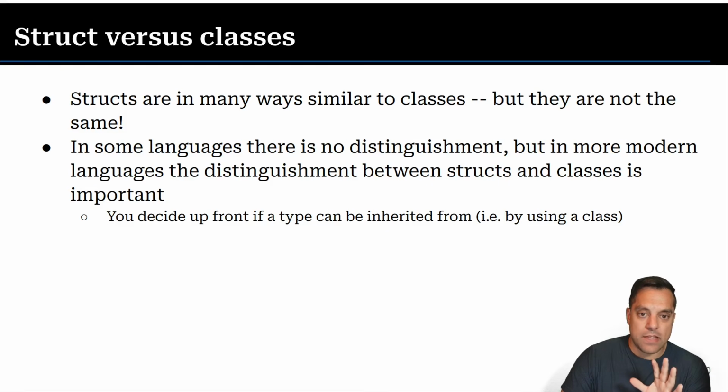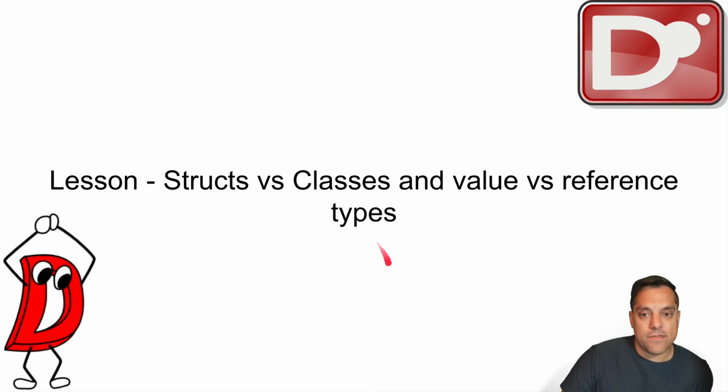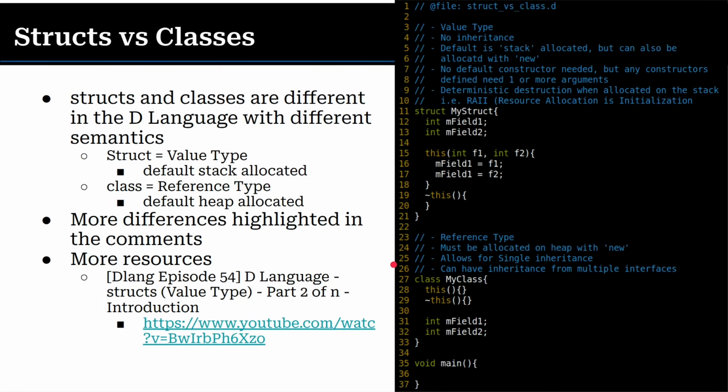Structs don't have things like inheritance, classes do, and by default classes are treated as reference types, versus structs, which are default value types. Now there are ways to get them to behave in different ways, which is what these examples are going to show, which I'd encourage you to try. Here's where I have a struct, my struct. Here's where I have a class, my class, and again, some of the differences between them.